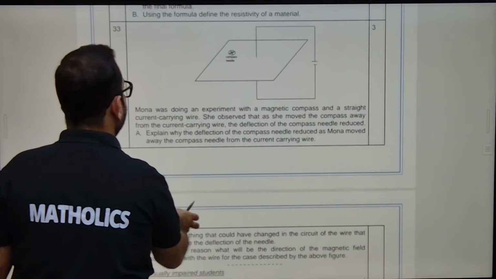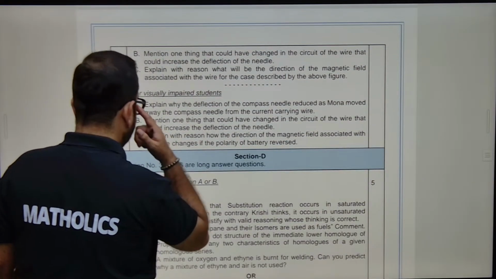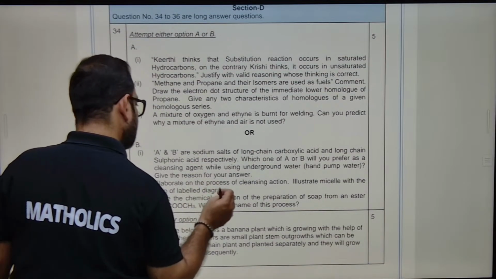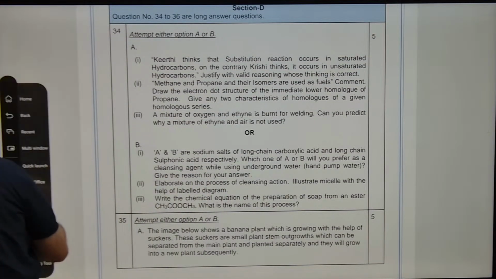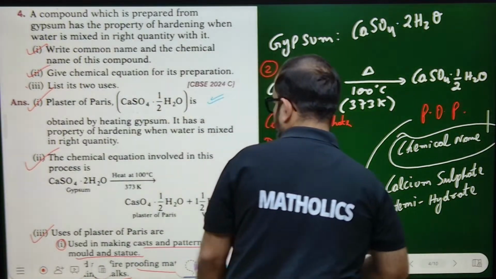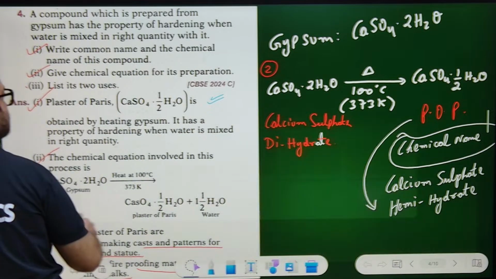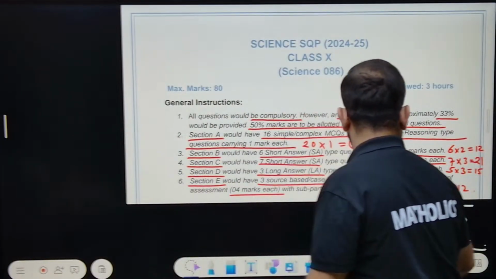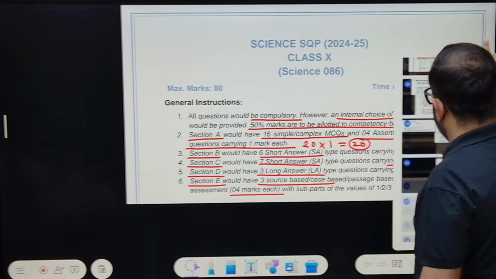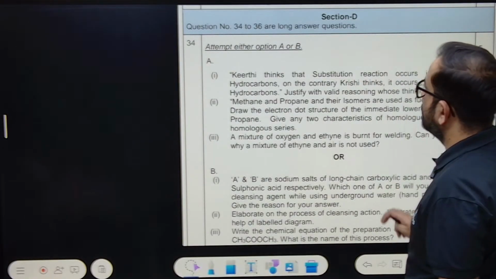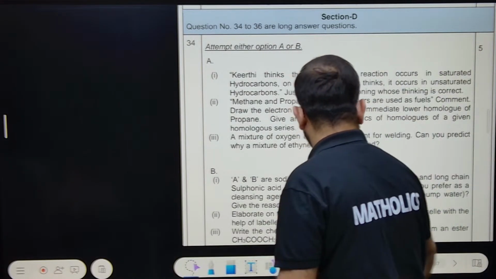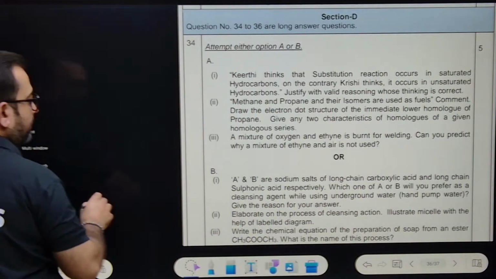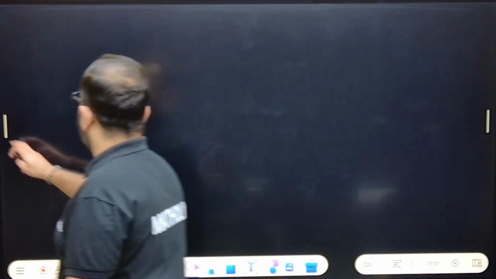Question 33, magnetic field, need not do. Question 30, reflection of compass, need not. 34th we can do. Okay, 34th, both parts we can do. This is question number 34, okay? Let's read it. 34th also we have to do, and